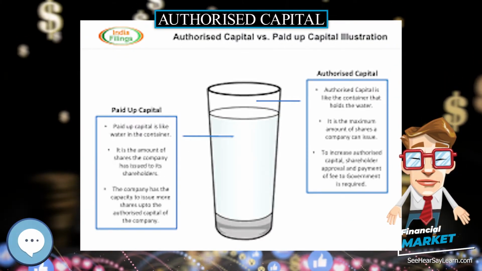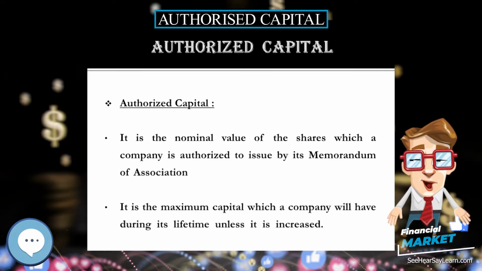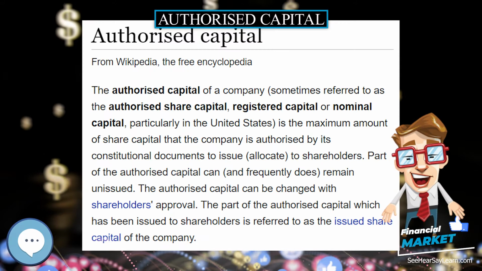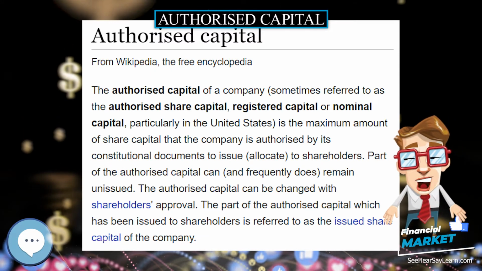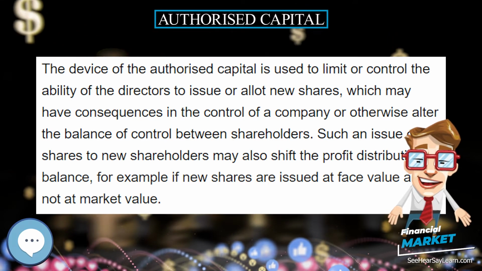Part of the authorized capital can, and frequently does, remain unissued. The authorized capital can be changed with shareholders' approval. The part of the authorized capital which has been issued to shareholders is referred to as the issued share capital